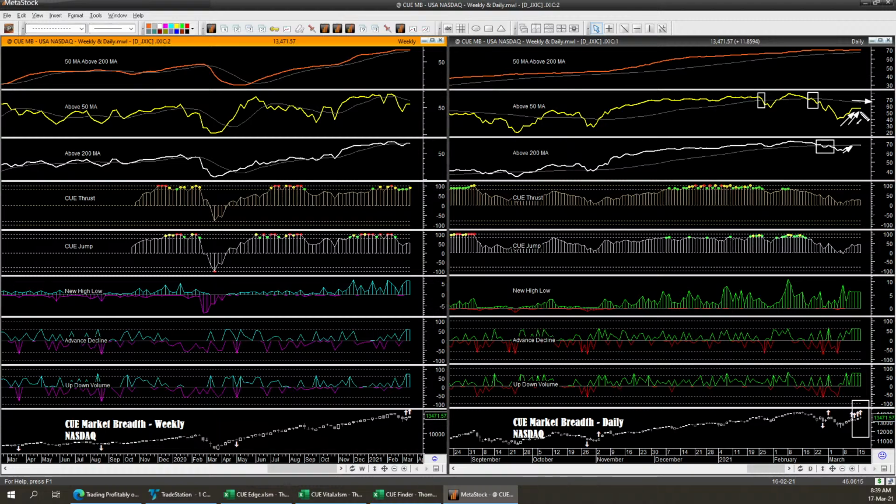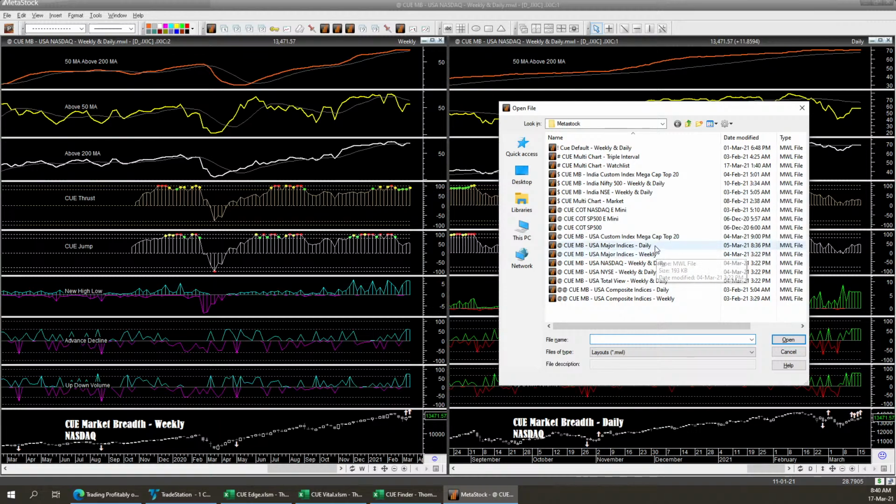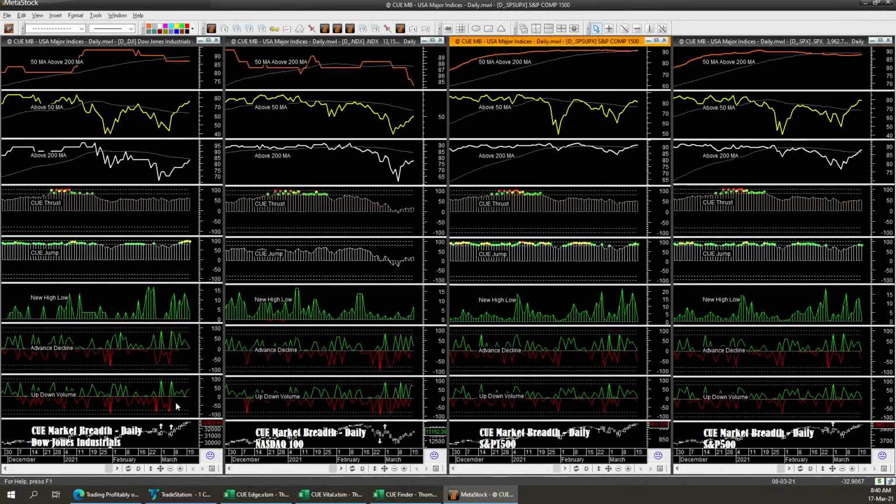However, the strength was not enough for the percentage of stocks above 50 MA to go to the average line. Now I wanted to contrast that somewhat with the major market indices. That was Nasdaq as a whole. If we look at the major indices, that is Dow Jones Industrials, Nasdaq 100, S&P 1500, S&P 500. Dow Jones easily pierced through the average line. Nasdaq 100 also pierced through the average line, percentage of stocks above 50 MA. Same happened for S&P 500. Sorry, S&P 1500, 500, Dow Jones, but Nasdaq couldn't